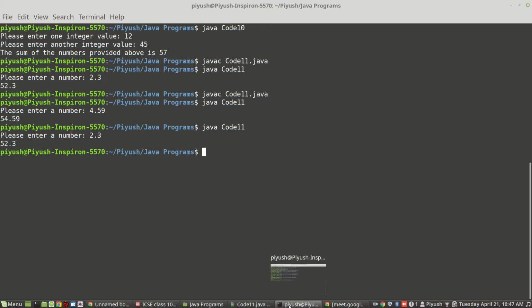But the thing is, if your number contains, let's say, 5, 7 or 10 decimal places, you will see floating type values giving some answers which are not that correct.